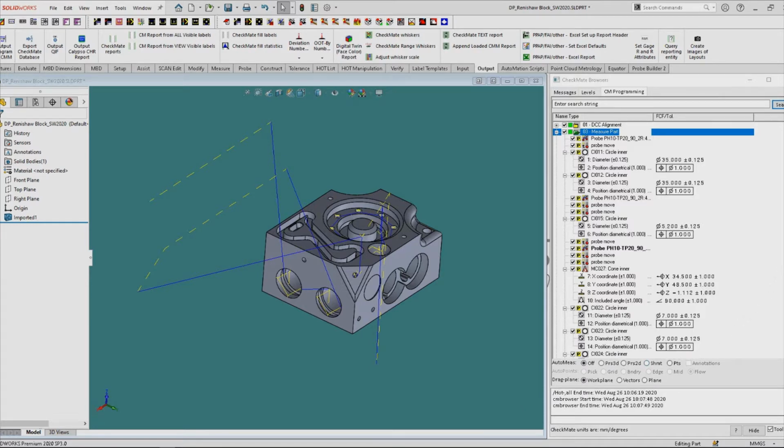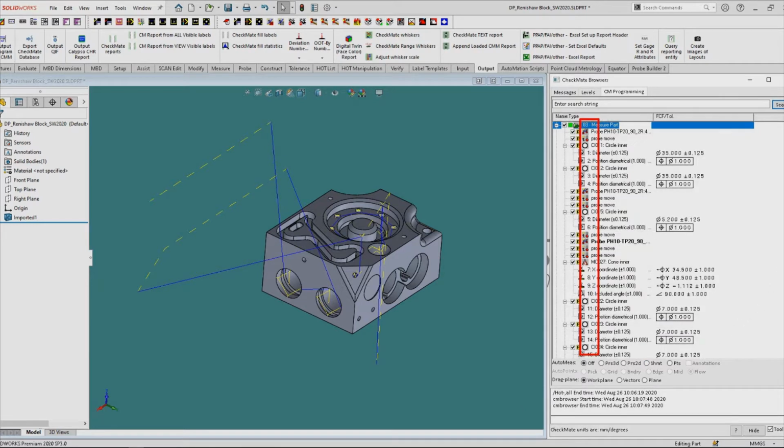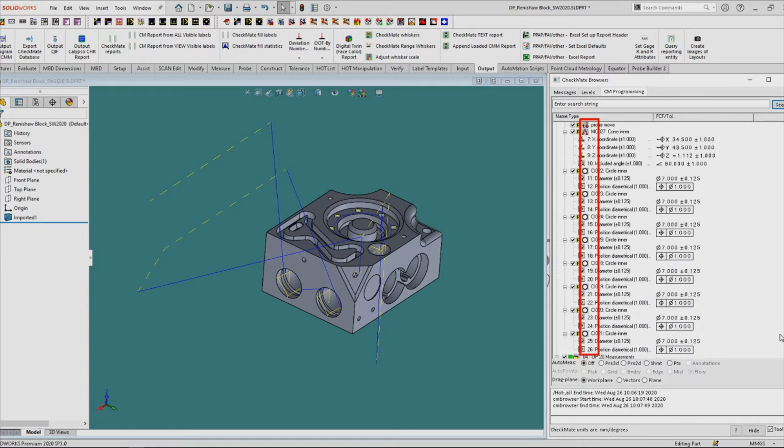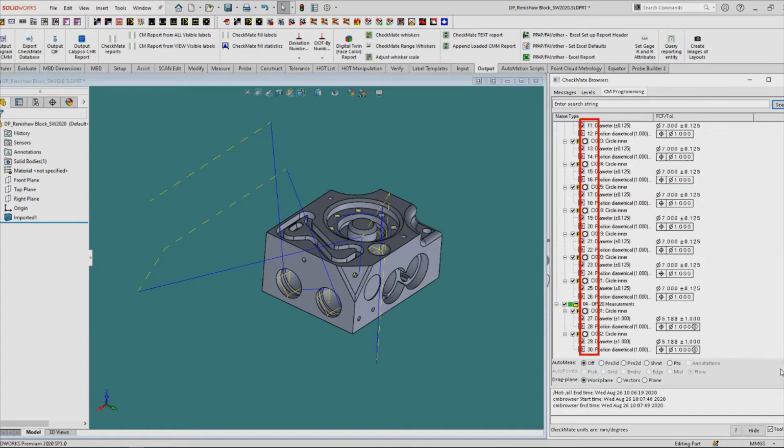I have two measurement segments and each tolerance has its own tolerance labels. The first segment tolerance names go from 1 to 26. The second segment tolerance names continue from 27 through 30. Now we want to create a DP checklist of just the features in segment 1, so we want 1 through